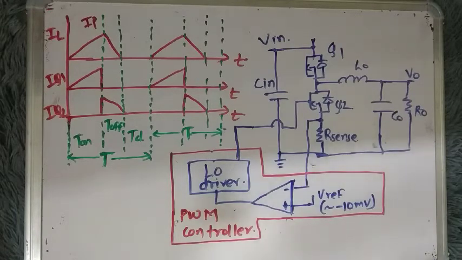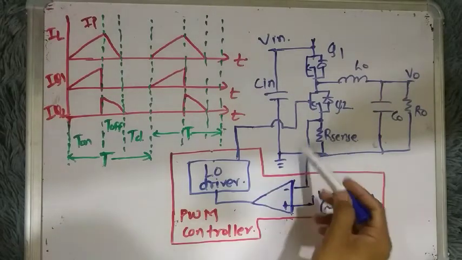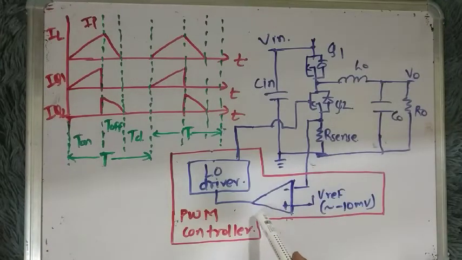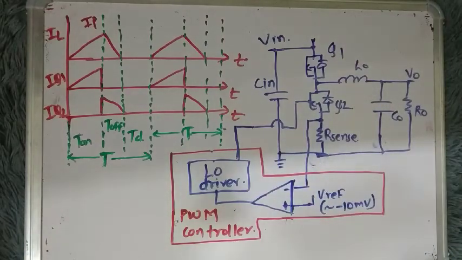The PWM controllers which use this diode emulation feature also sense the voltage across the RSense resistor, and it is fed to the comparator which is integrated inside the PWM controller. The output of the comparator is given to the low side MOSFET driver, and the output of the driver is given to the low side MOSFET gate, right? The box highlighted in red is integrated in the PWM controller, and this feature is responsible for the diode emulation. Okay, so we will see how it works.